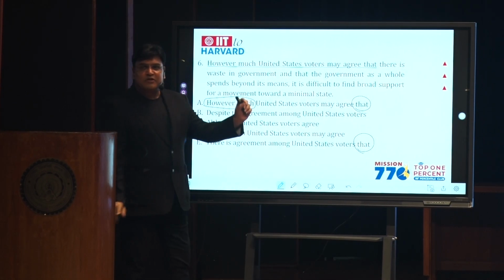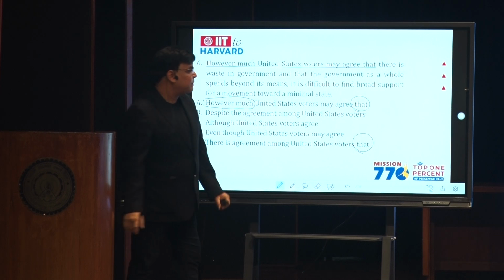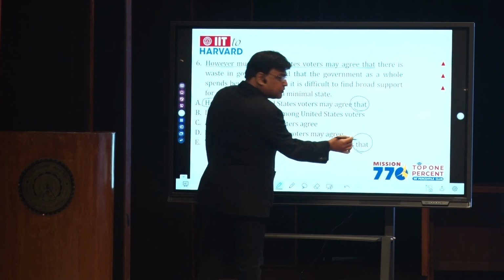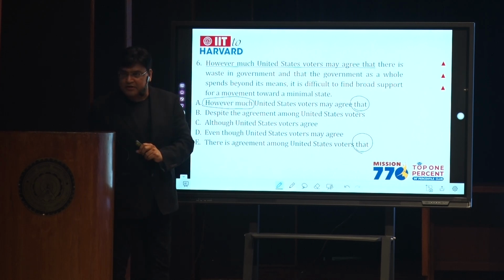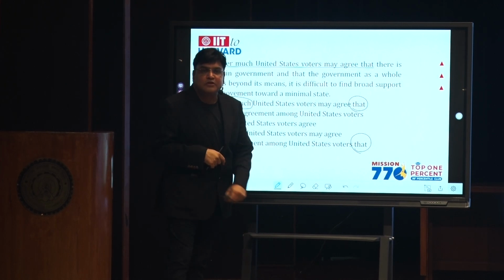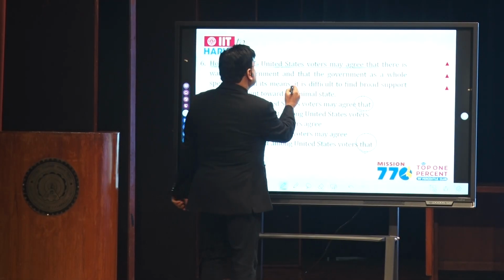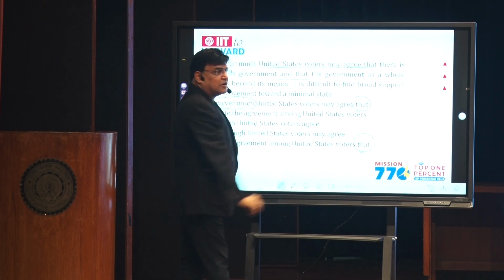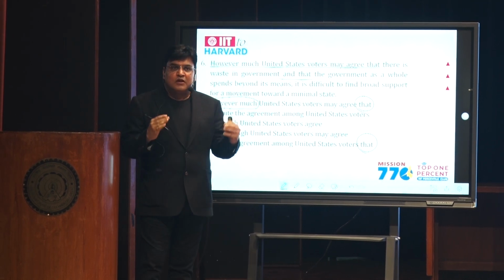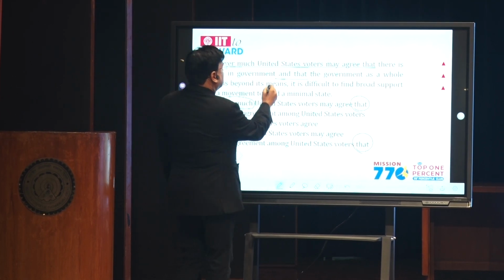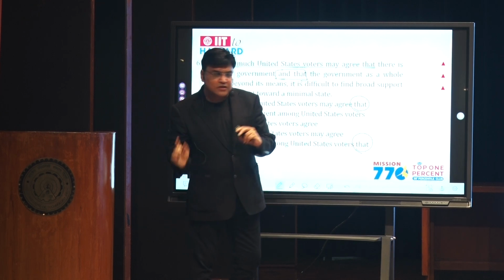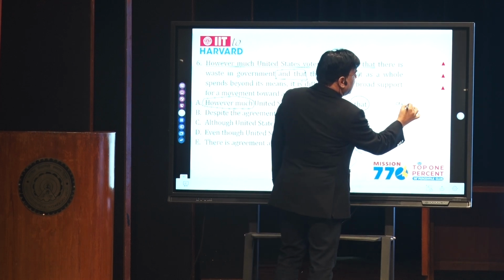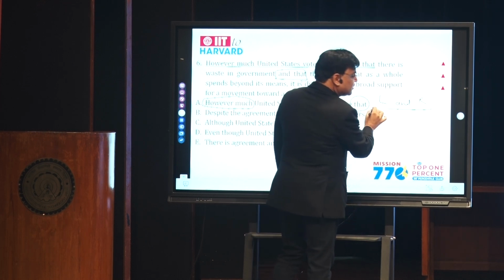Now we see something very strange here. Please guys look here. The two options here are ending with the word that and three options are not ending with the word that. This should give an idea that I'm supposed to look for whether the word that should be there or not, and I see here "and that" in the non-underlined portion. Now why can someone write "and that" without writing the word that? And means parallel.